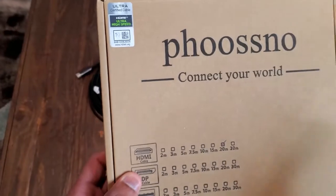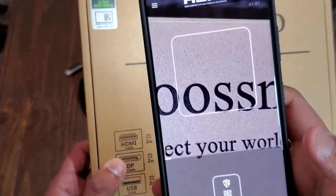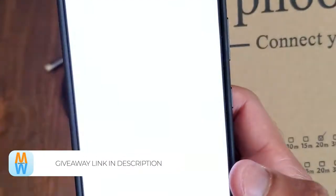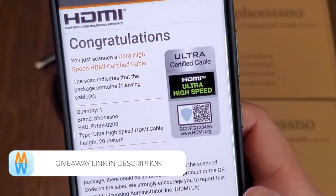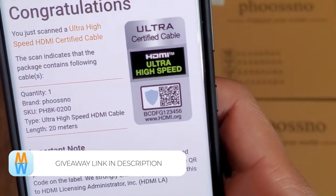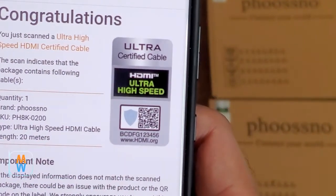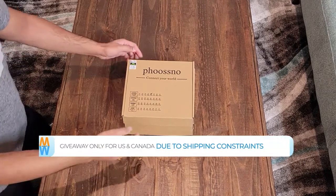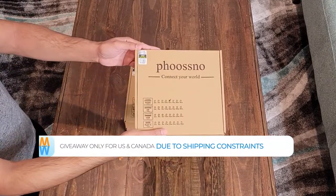In today's video we are unboxing the world's first HDMI 2.1 fiber optical cable, which is the only certified one up to the 20-meter length. So if you're looking at the 20-meter length, this is the only one available out there, but do not just go and start buying fiber optical cables. Make sure to watch this complete video